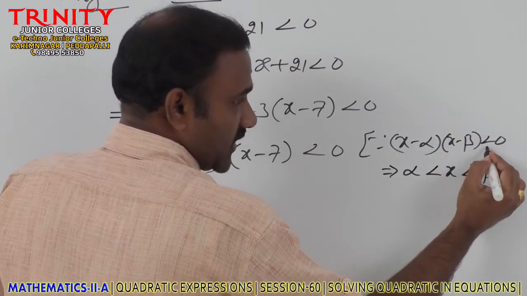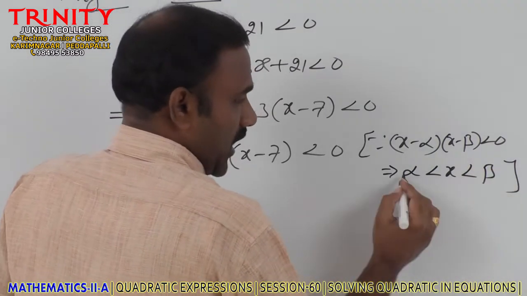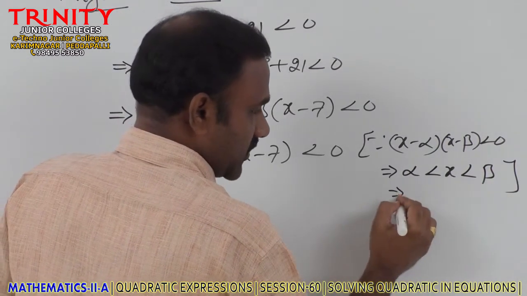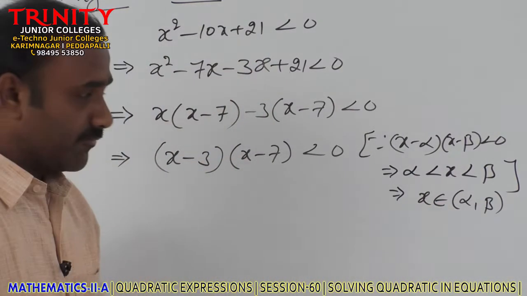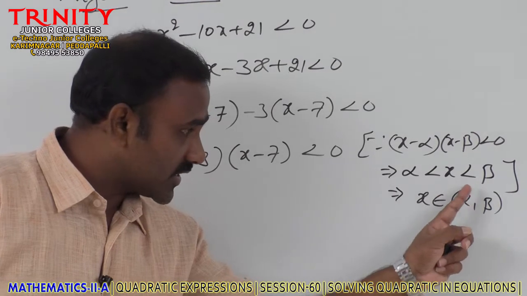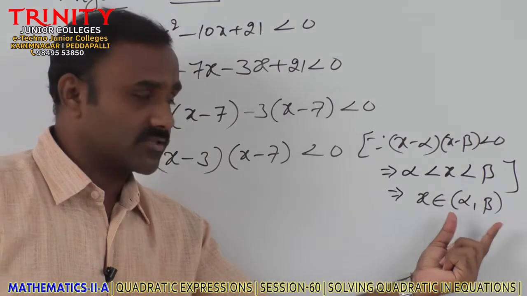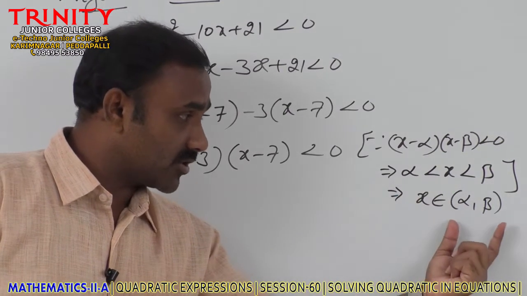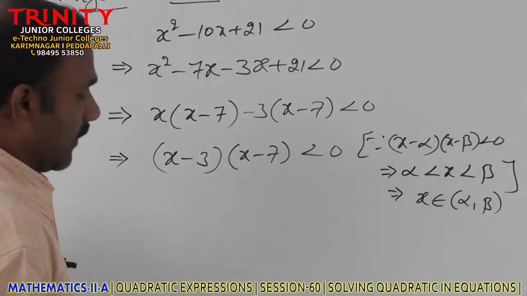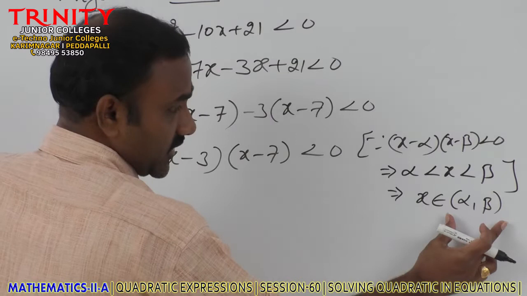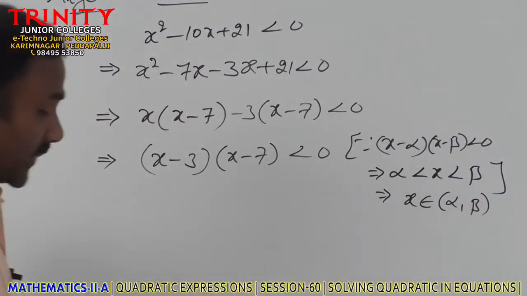If here we have less than or equal to, we will get less than or equal to and less than or equal to. Therefore, alpha is less than x less than beta. From this we can say that x belongs to open bracket alpha comma beta. If we have less than or equal to, then it becomes a closed bracket, meaning alpha and beta are included in that case. Whenever we have equality, we will go for the closed bracket. Closed bracket indicates including value. But here less than is there, therefore it is open, meaning excluding alpha comma beta, x will take values in between alpha comma beta only.